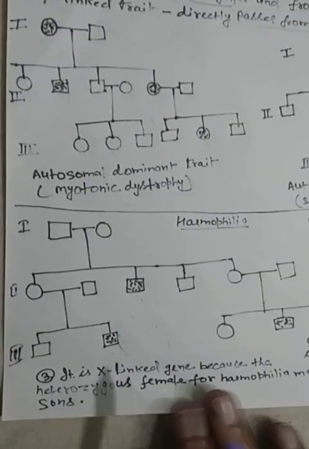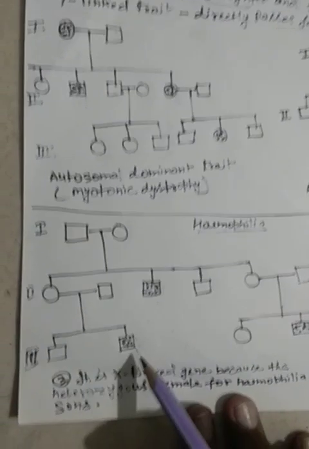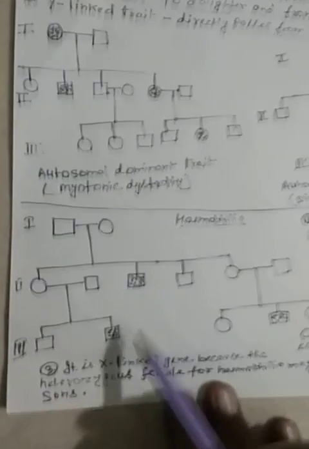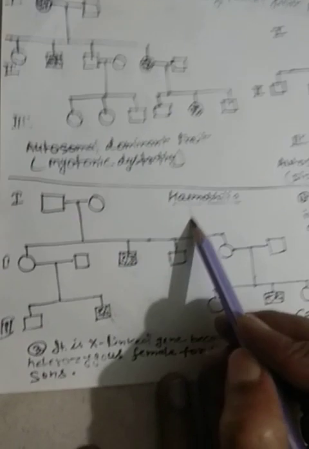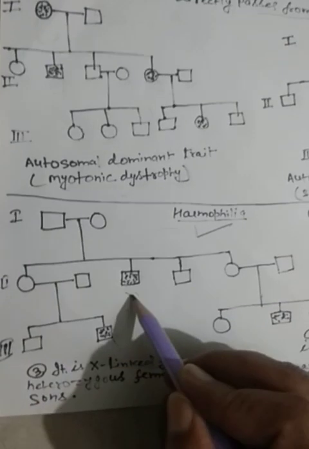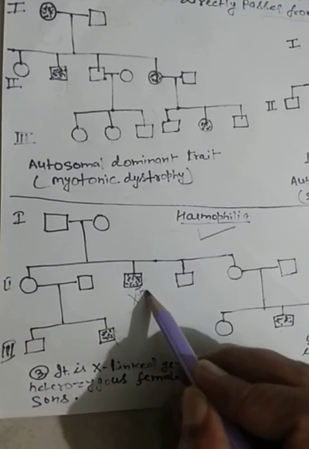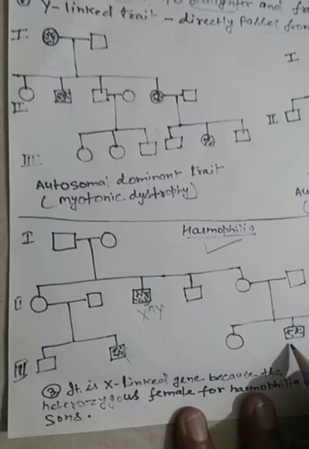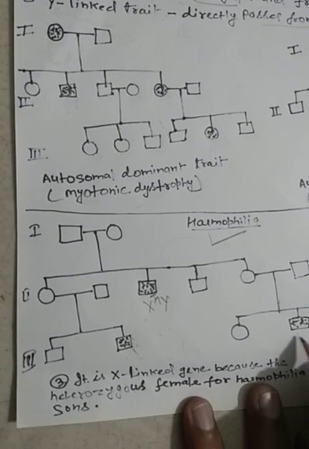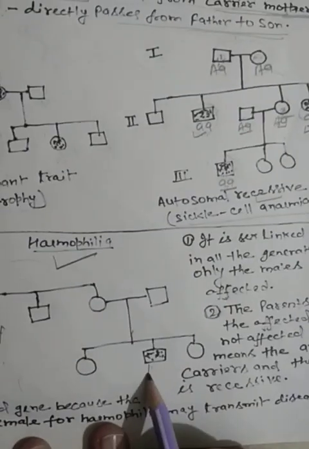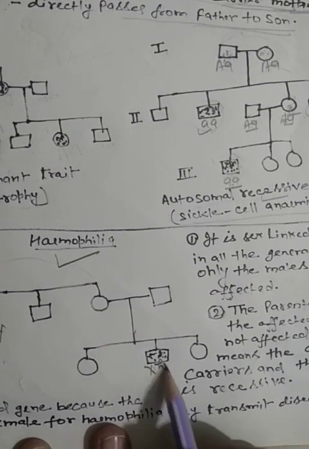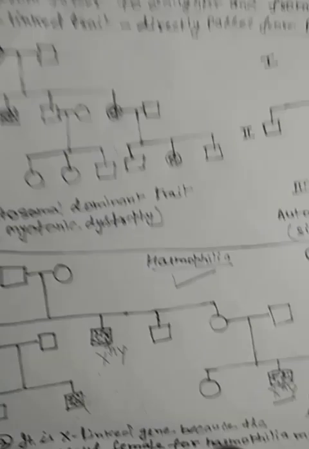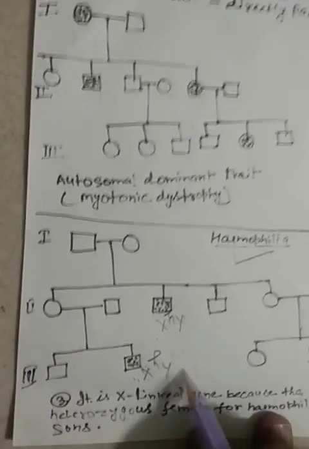The second thing is that if it is, first of all, recessive, and second, sex linked, then what will be the genotype? Suppose this is the disease hemophilia, this is the chart for hemophilia. So we can write this symbol: X^h Y, where the small h is the gene for hemophilia. That will be the genotype, and the genotype of this individual will be X^h Y. This is the hemizygous condition. Now for this one also the genotype will be this.